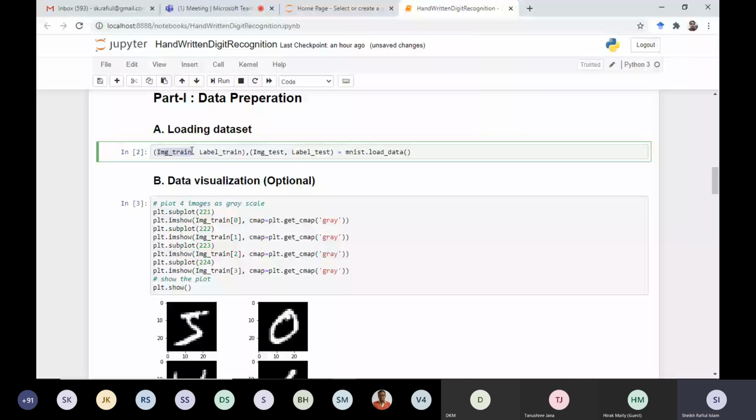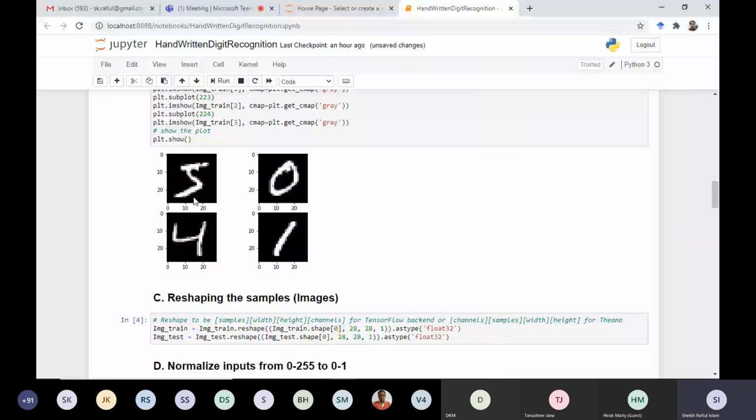The label of an image is 5 for this case, for this case 0, for this case 4, 1. They are nothing but categories, and their range is the number of total classes present in the data set. That is 10 here, so either 0, 1, 2, 3, 4.